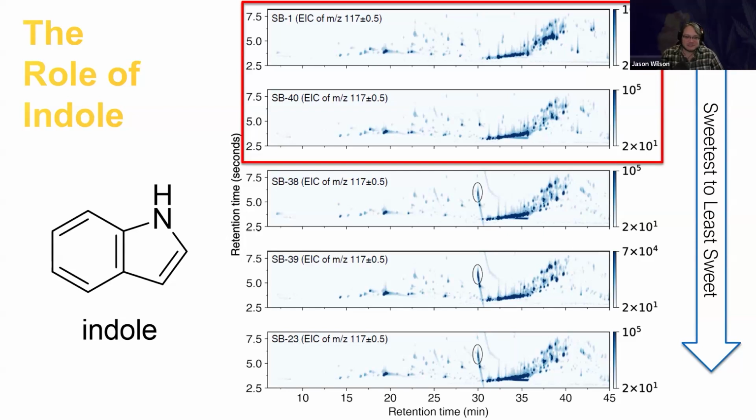Super fascinating. And then I think the last interesting thing that came from this paper was totally unexpected. So we had these two, Starburst 1 and Starburst 40, that everybody thought were super sweet, super tropical, fitting the description of what the Starburst strain characteristically is supposed to be: a tropical, fruity, sweet candy kind of flavor.